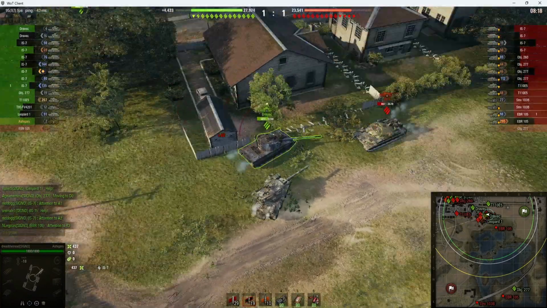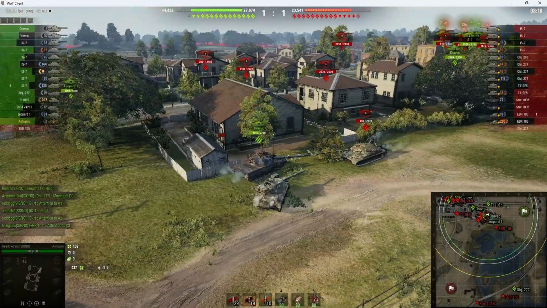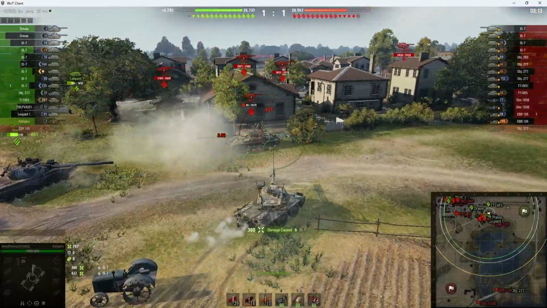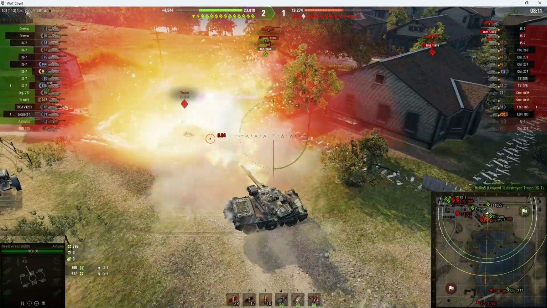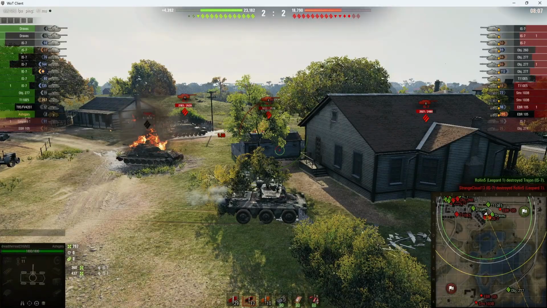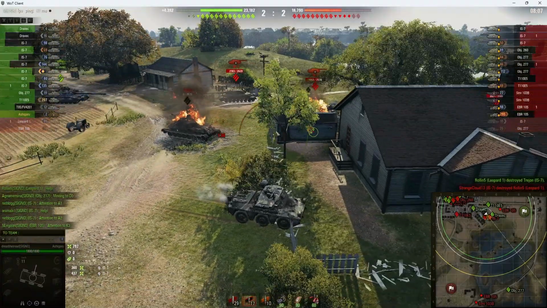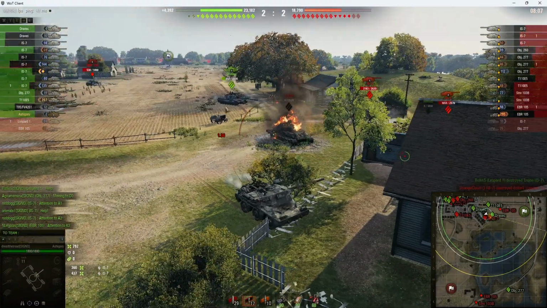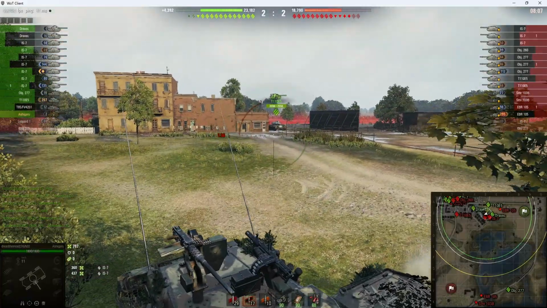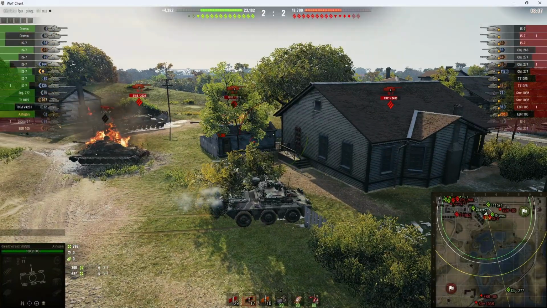And now you see I am with him here, and then our Leopard is over here shooting the enemy tanks as they cross to try to get to us. So now we're just working together. We're trying to get these IS-7s taken out. And at this point, I see that the IS-7s they've all rotated around this way. They've killed our Leopard, and now they're going after the Dravik here, and there's even an EBR in the back here. And we do have a T110E5 here, but I feel like it is safe